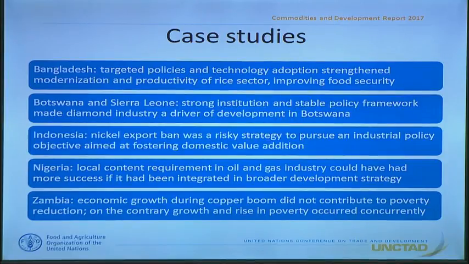Nigeria gives us lessons on their work in the oil and gas industry, which could have been more successful if it had been integrated in a broader development strategy and not isolated just for the one sector. And then finally, we look at Zambia and look at economic growth during the copper boom that did not actually contribute to poverty reduction because there was no policy for redistribution in connection to the rest of the